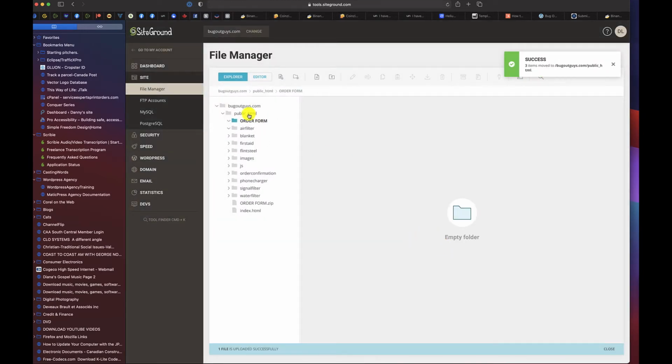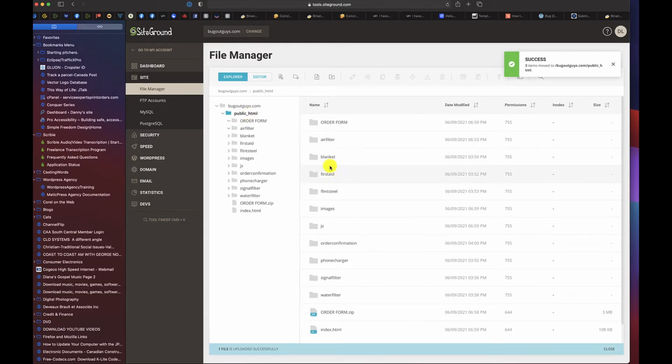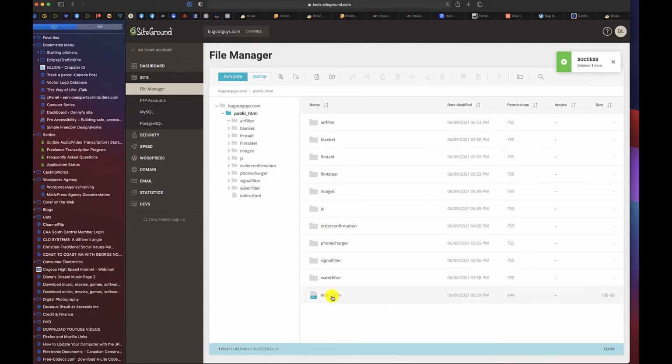So let's go back to public_html, and you're going to see index.html, you're going to see JS and images. We need that. Now we're going to clean things up a bit. We don't need the zip file anymore, so let's highlight that and hit the garbage can icon to delete it, and also the folder that everything we unpacked went into. We'll also delete that. So now we're left with the main page, 7 or 8 folders for the OTOs and